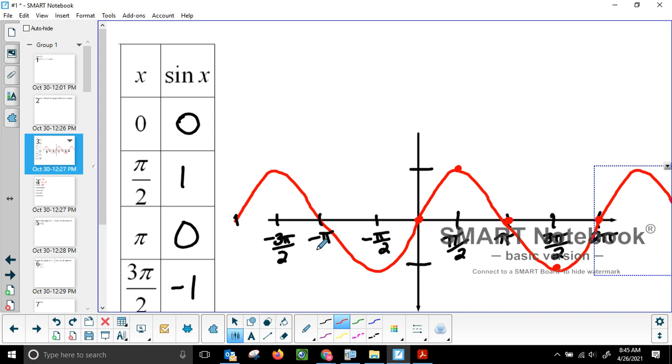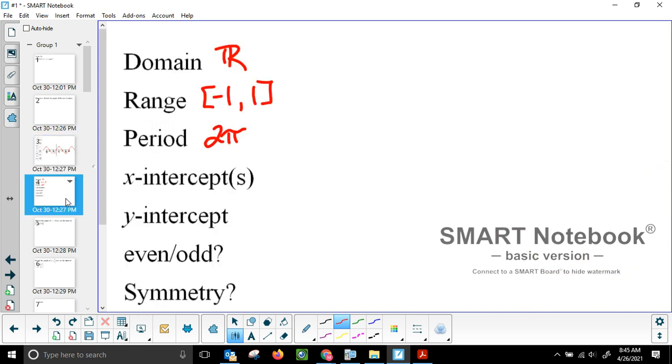All right, now this is kind of where it gets funky, right? X-intercepts. Well, where does this thing cross the x-axis? Well, 0, pi, 2 pi, 3 pi, negative 2 pi, and it would keep going forever and ever. So how can I include an infinite number of x-intercepts here? We say, okay, well, this is 0 plus or minus